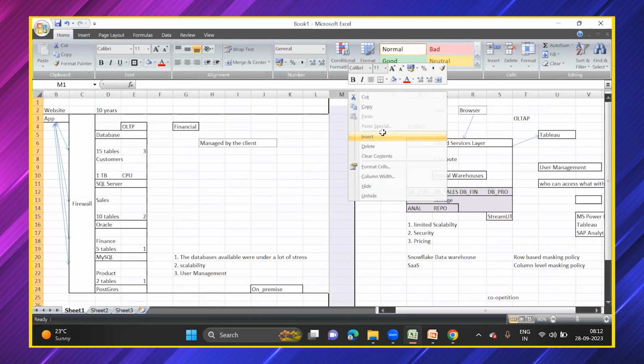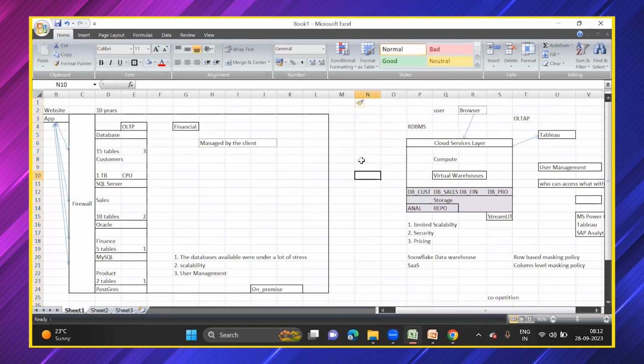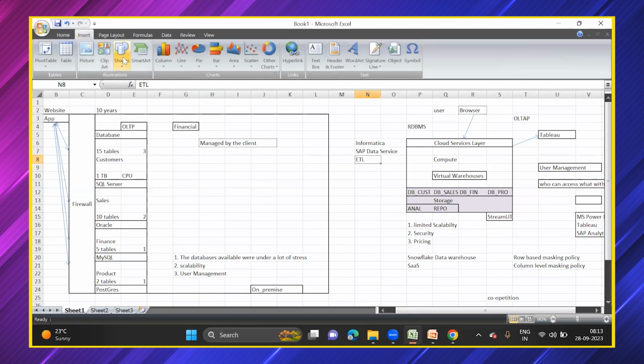Right now there are many ways, but majorly you have two things. We have something called ETL tools, which are extract, transform, load tools. If you talk about ETL tools, there is Informatica, SAP Data Services, and a lot of tools like Matillion as well, right? These ETL tools are used to migrate the data from one system to another system. Previously, they were used to migrate the data within the same database or across different databases, but now they have also come up to help you migrate the data from your